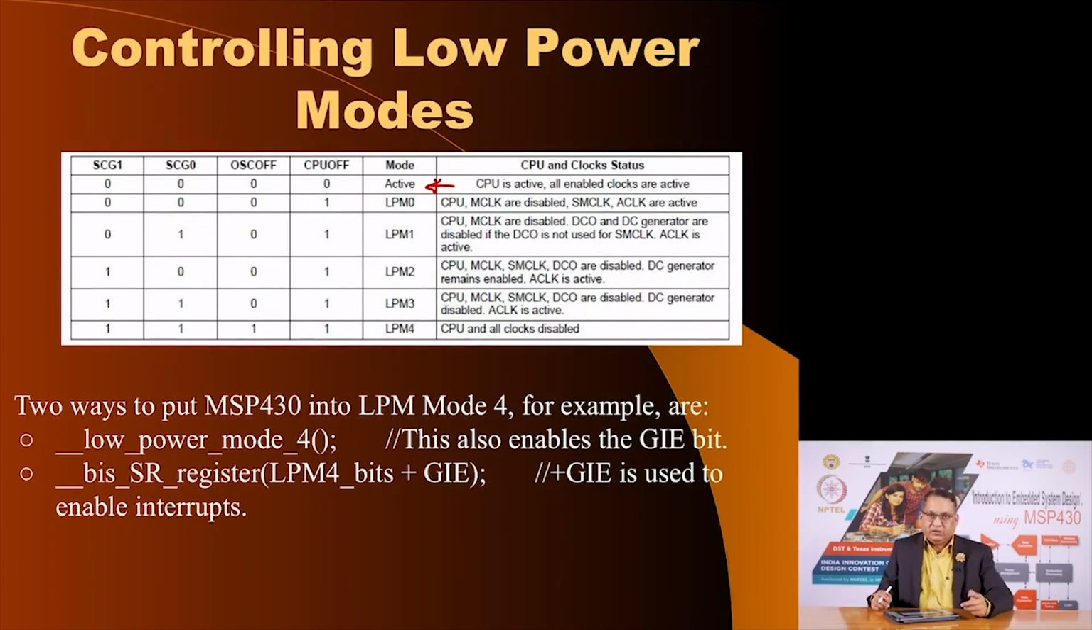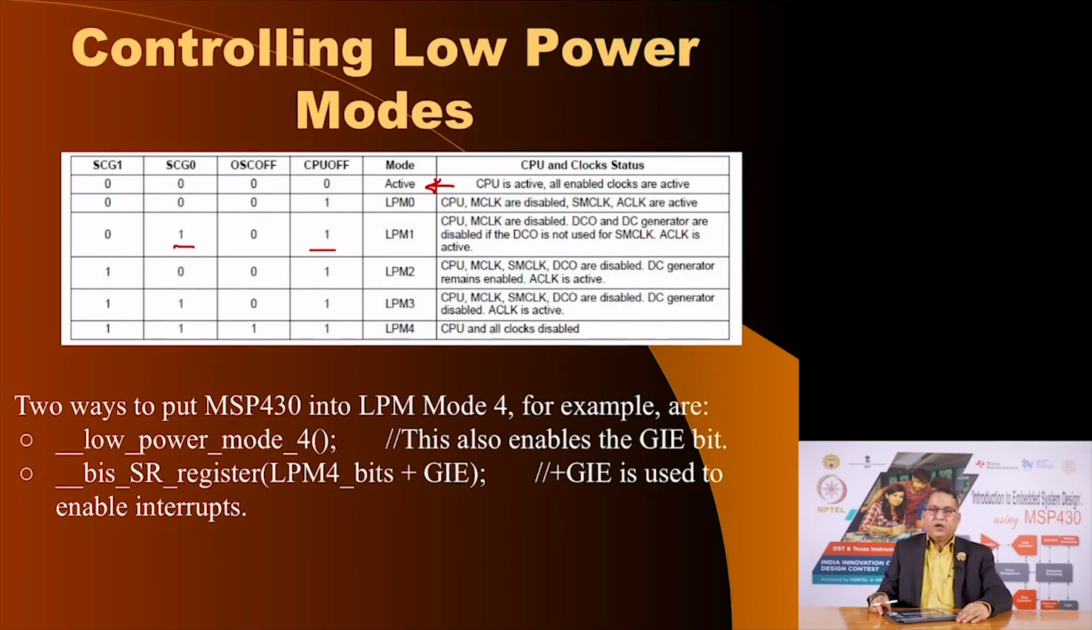We have always mentioned that when you reset your microcontroller, the status register is cleared, which means all the bits in the status register are 0, which means after reset you are going to enter the active mode. After that you can choose, if you want to enter the LPM0 mode, you make the CPU off bit equal to 1, for LPM1 you turn this bit on and so on, and of course your CCS, the Code Composer Studio, allows you many macros to invoke various modes